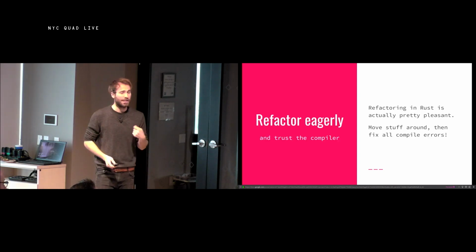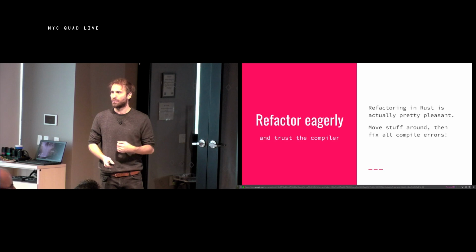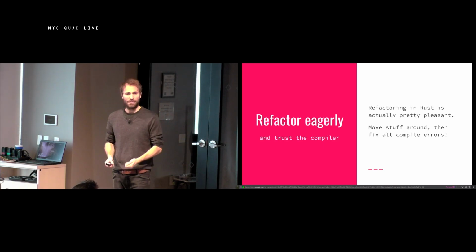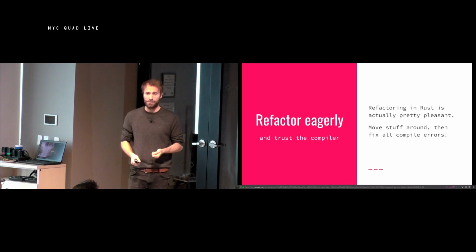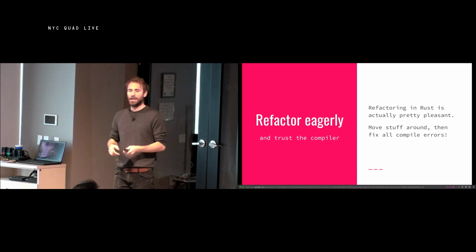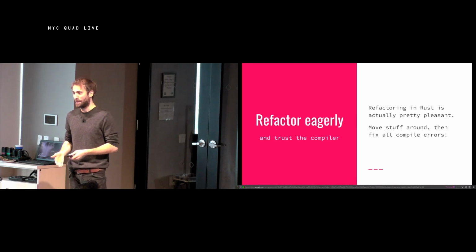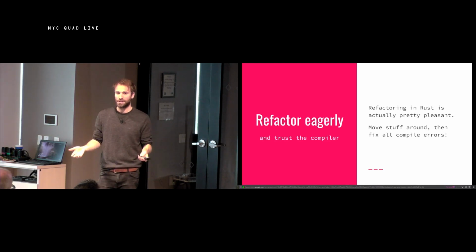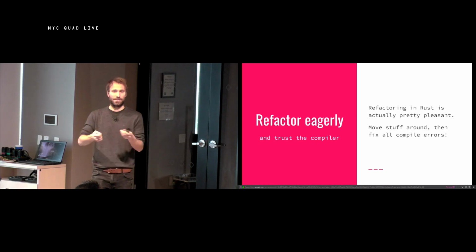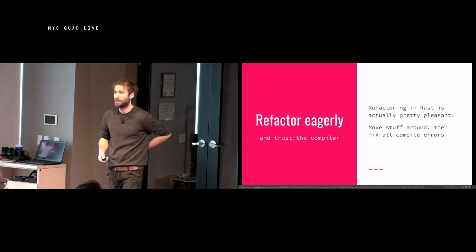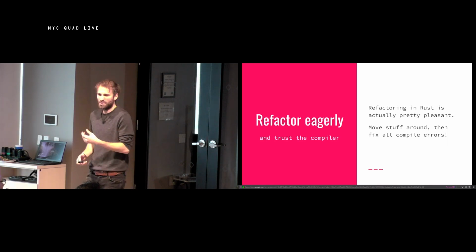The other thing that's really neat and that I've observed over time in Rust is that refactoring is really straightforward. And this is in part because of the type system, right? You can decide to move a bunch of stuff around, and then you let the compiler guide you to all the changes you need to make. And when your program finally compiles, chances are it's basically right, because your types work out. And that means that the code is all now in the right place. So you can do compiler-guided refactoring, and you can basically trust the compiler.